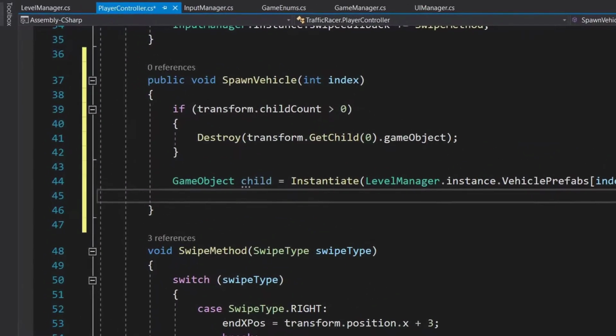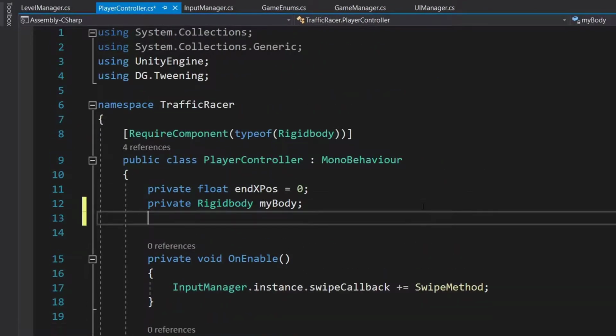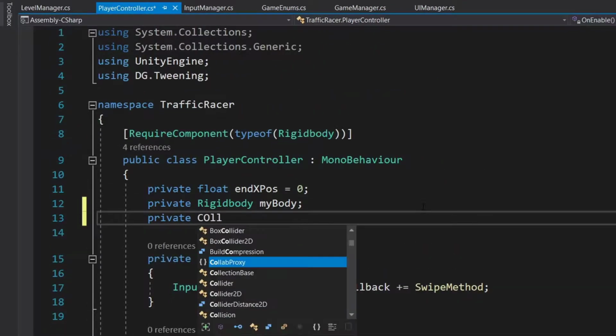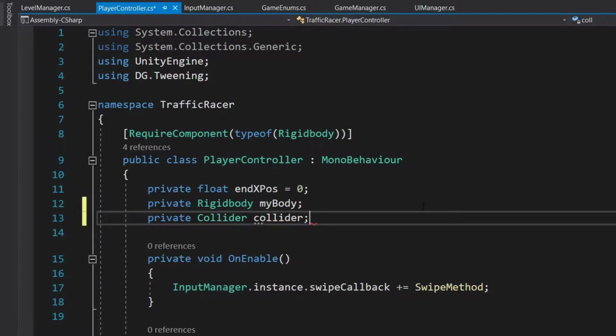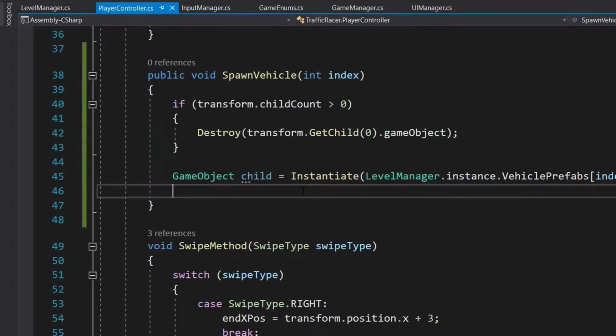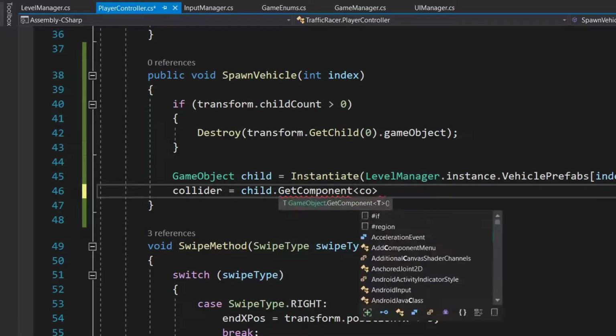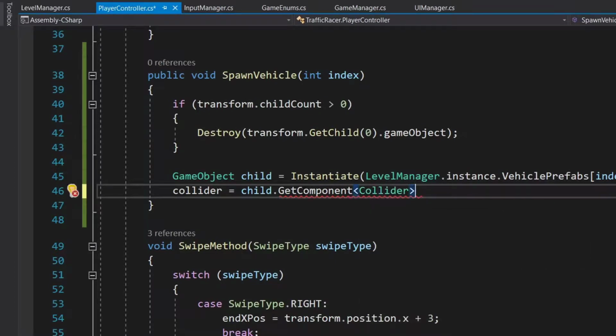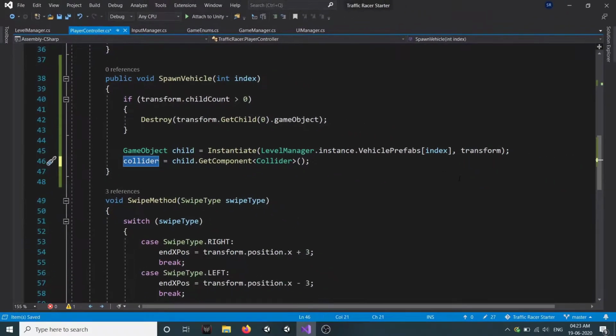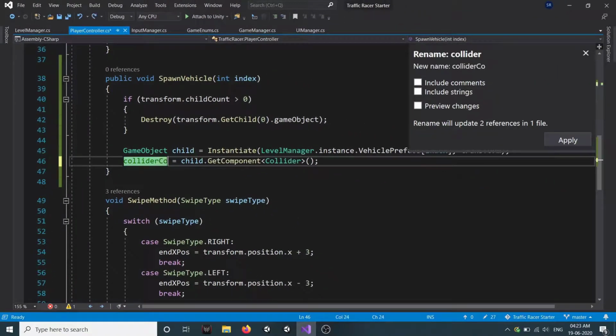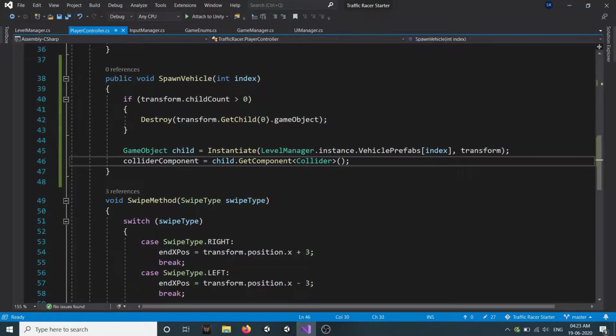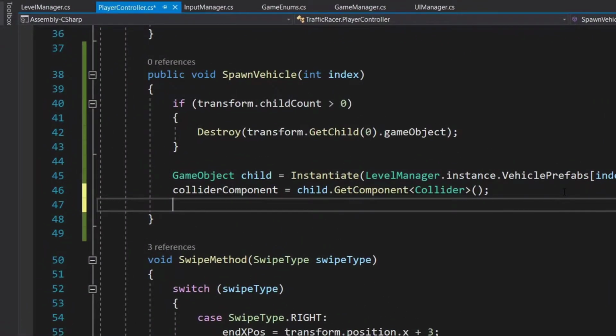So for that we will go up and create a new private collider variable, and then here we will set collider is equal to child dot get component collider, and let's rename the collider to collider component. Now it looks better. And then we'll set the collider component dot is trigger equal to true.